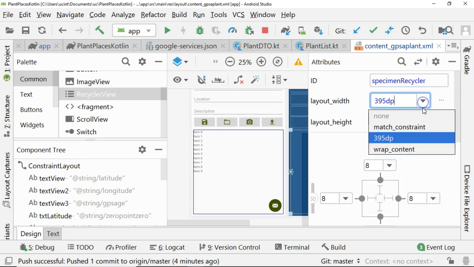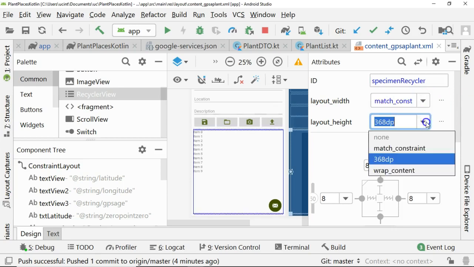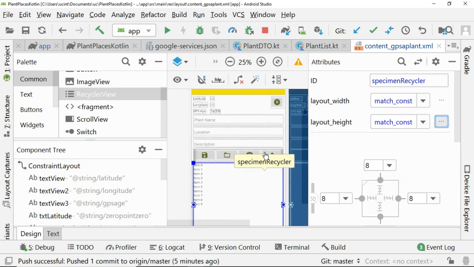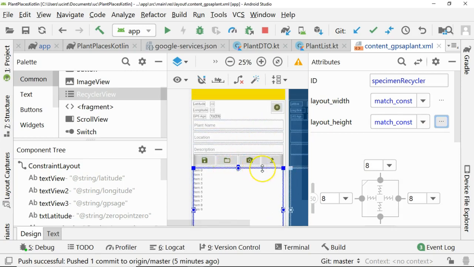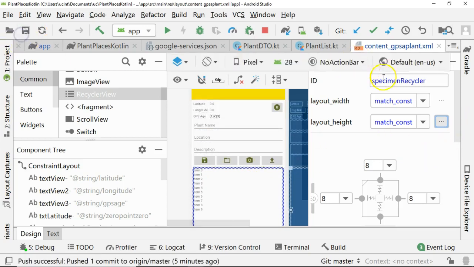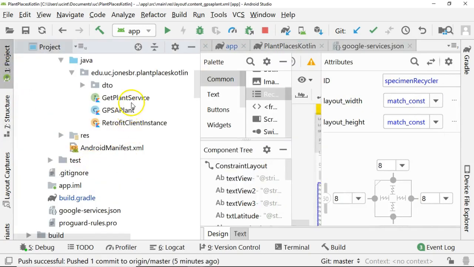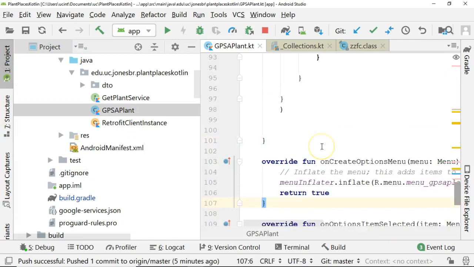A lot of times I go ahead and do a match constraint on this as well, just to make sure we're taking advantage of the additional real estate that we'll have in a different form factor. So a lot of these other things don't make sense to make taller, but the RecyclerView does. So we go ahead and do a match constraint on that, and then I save. Now, Specimen Recycler is what we're calling this. Let's run back to our activity, which in this case is called GPS a plant,